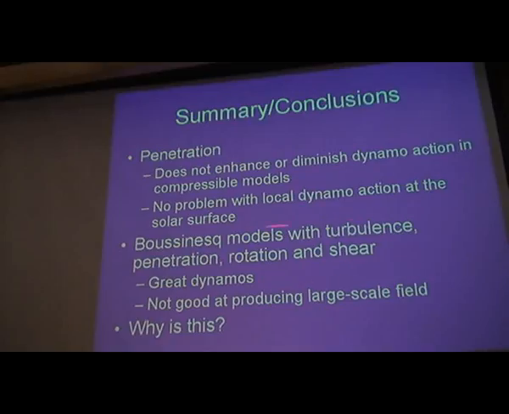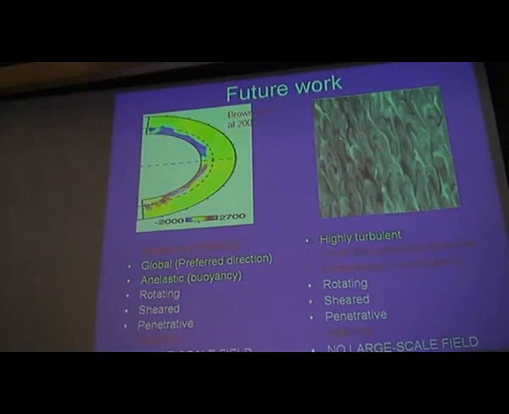The Boussinesq models with turbulence, penetration, rotation, and shear are great dynamos, but they're not very good at producing large-scale field. So you can ask the question, well, why is this? And in particular, this might cheer up Anvar, I don't know. If you do the similar problem in a spherical shell, which has been done by these guys, you see that they do get a nice systematic large-scale field in the stable region. You might say, well, why are they getting a nice large-scale field and we're not? So you can